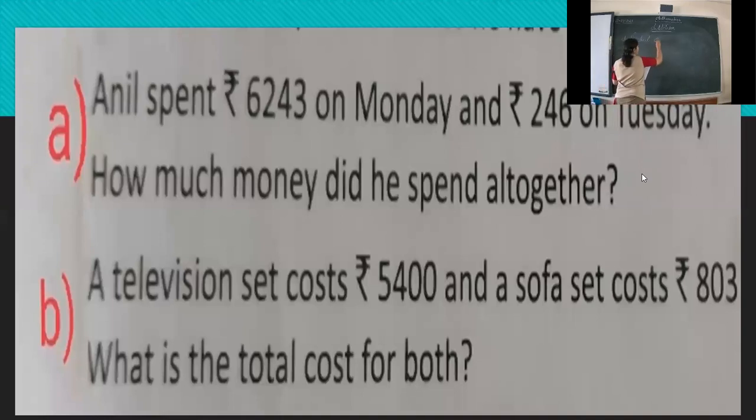So I'm writing Anil spent on Monday. How much rupees? 6,243. Anil spent on Tuesday. You can write money spent. It's up to you. Put the sign of plus here.